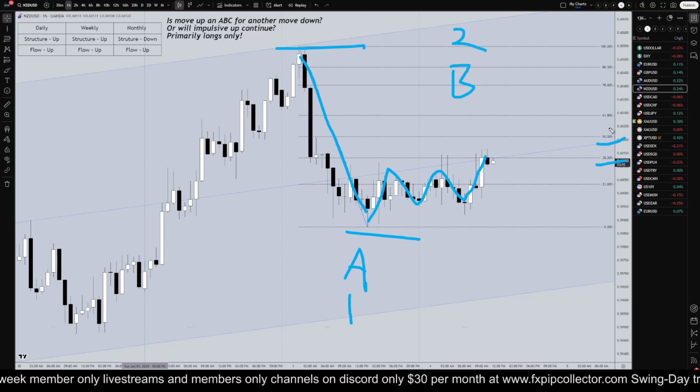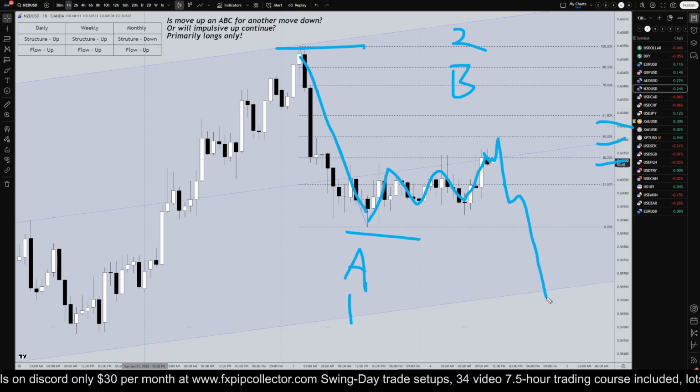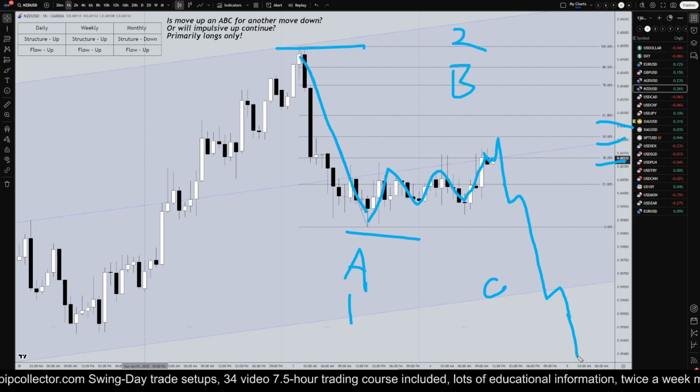So if it goes up to any one of these Fibonacci retracement levels, makes some sort of an engulfing move to the downside, some sort of a break of structure to the downside, then you could definitely justify going short if you are a short time frame trader. And then you can learn whether it goes down like this for a wave C or whether it just keeps on going down like that for a wave 3.